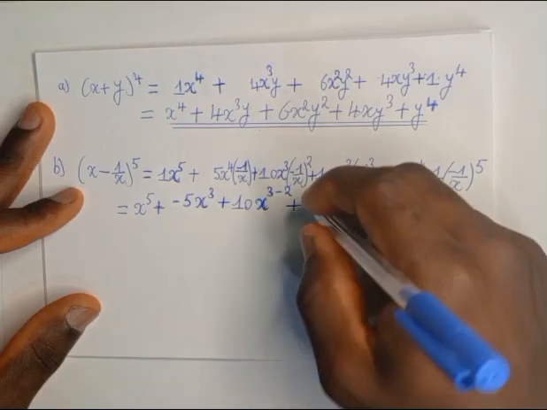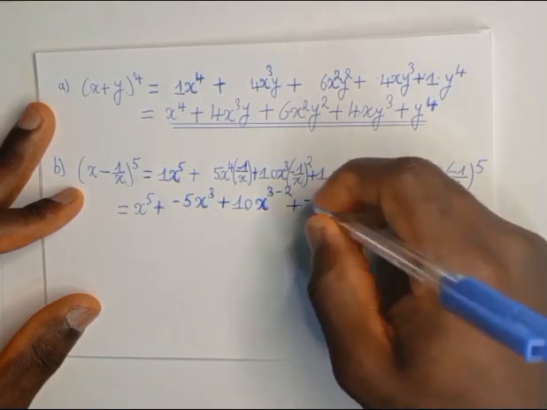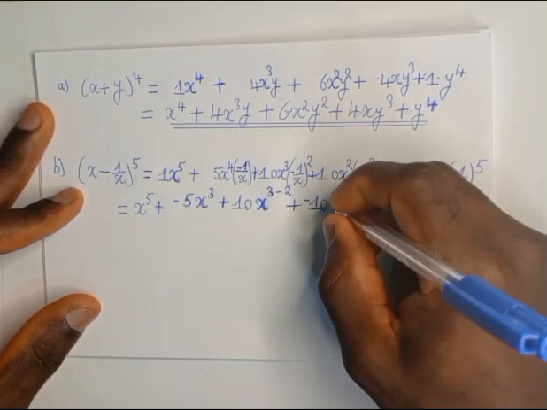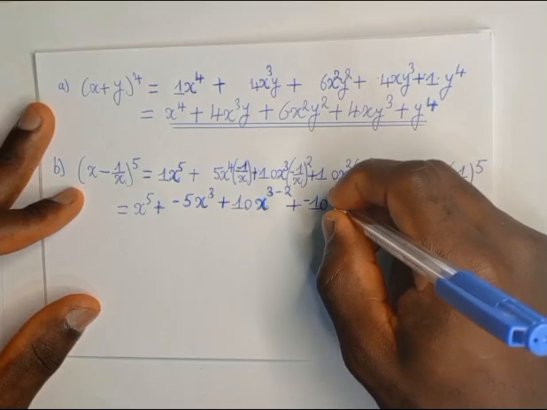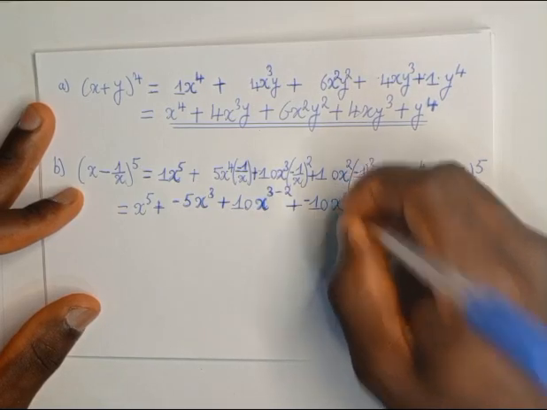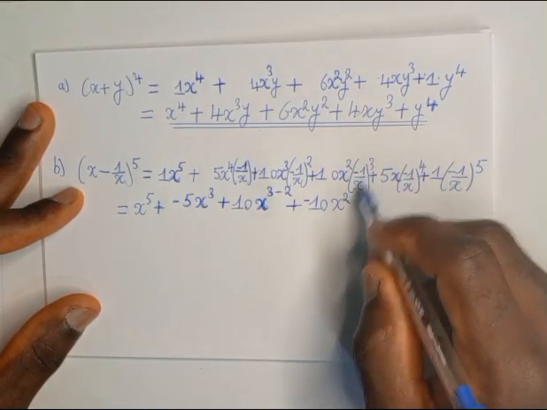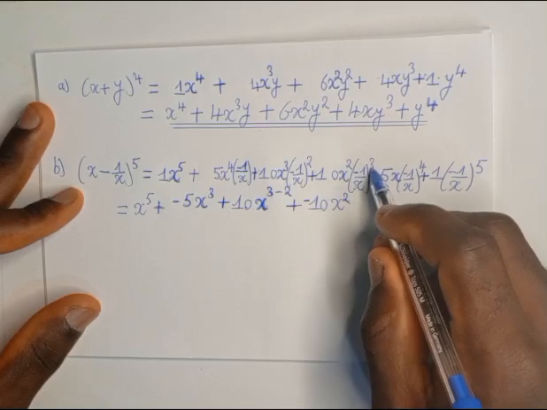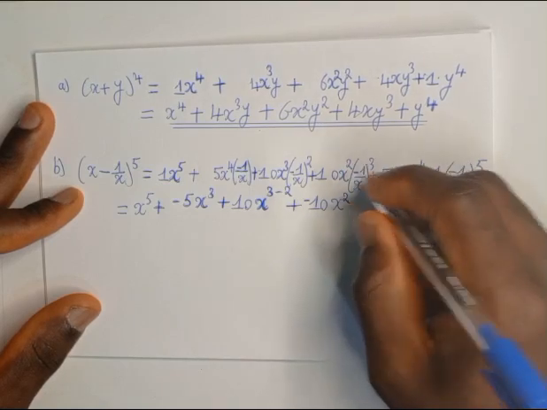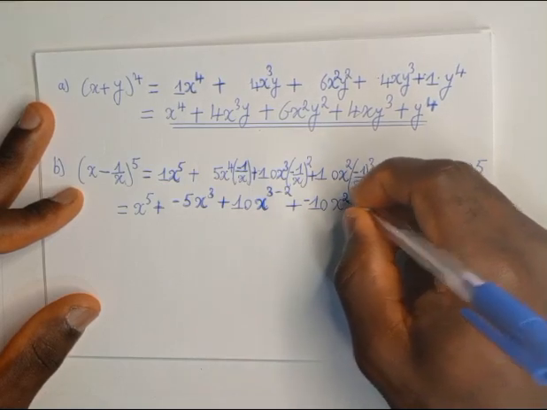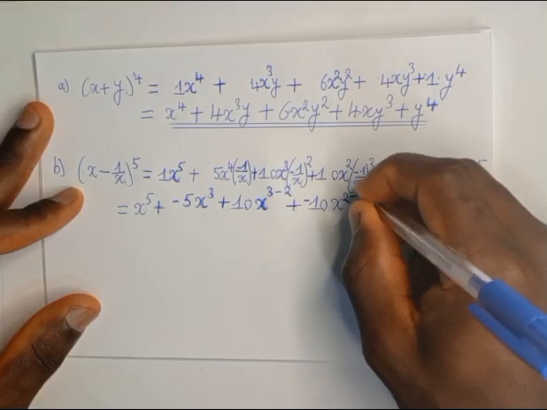Negative 1 times 10 gives negative 10, times x squared. Here the denominator, x is to the power 3. We are dividing x squared by x to the power 3 is x to the power 2 minus 3